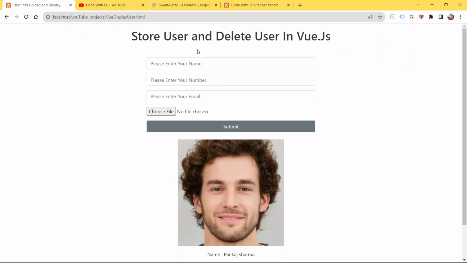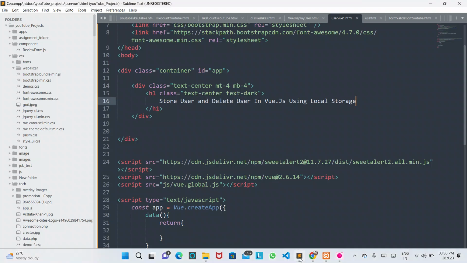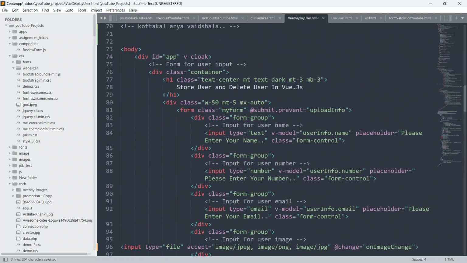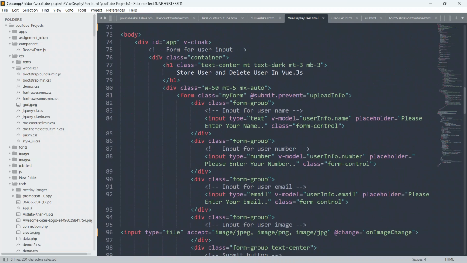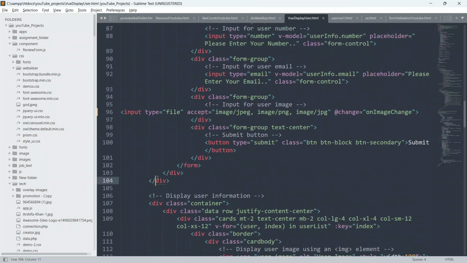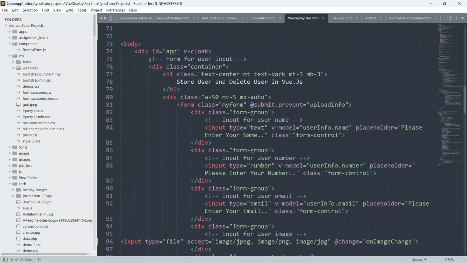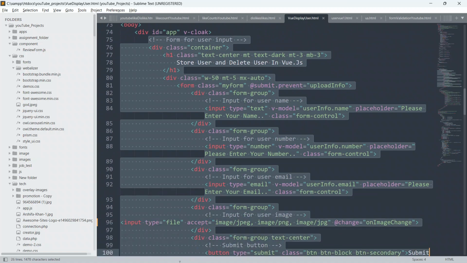So guys, just to save our time, just to not waste our time in creating forms, because you know guys how to create forms, what I will do, I will just go to the previous example only and I will try to copy this form, just to save our time guys. I'm asking you, and guys, with your permission, I'm doing that also. So guys, now I'm going into the previous example just to copy our form. So with your permission guys, I'm just gonna copy this from here to here. As you all know how to create forms, and I will explain you also, don't worry, I will explain you also.